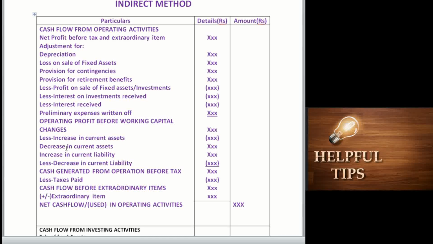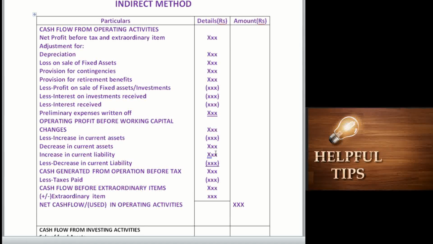अगर current asset इंक्रीज हो रहा है, दैट मीन्स मनी इज पुट इन द करेंट एसेट, आपका पॉकेट में पैसा नहीं है इसलिए लेस हो जाएगा। सपोज करेंट एसेट इंक्रीज, दैट मीन्स आपका पैसा स्टॉक में है, आपका पैसा डेटर में है, आपका पैसा इन्वेंटरी में है, इसलिए आपका पॉकेट में पैसा नहीं है, इसलिए कैश बुक में पैसा नहीं है, इसलिए लेस हो जाता है। करंट एसेट अगर डिक्रीज होगा, दैट मीन्स आपका पैसा स्टॉक में नहीं है, डेटर में नहीं है, तो आपका पैसा पॉकेट में है, कैश बुक में है, इसलिए ऐड हो जाता है आपका इंक्रीज इन करंट, डिक्रीज इन करंट एसेट।